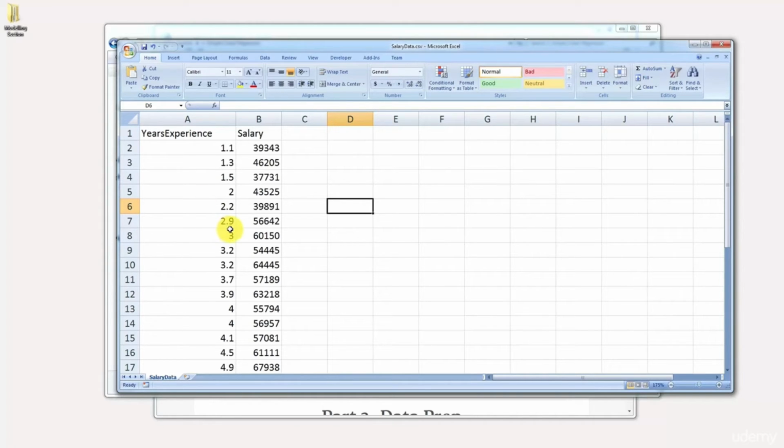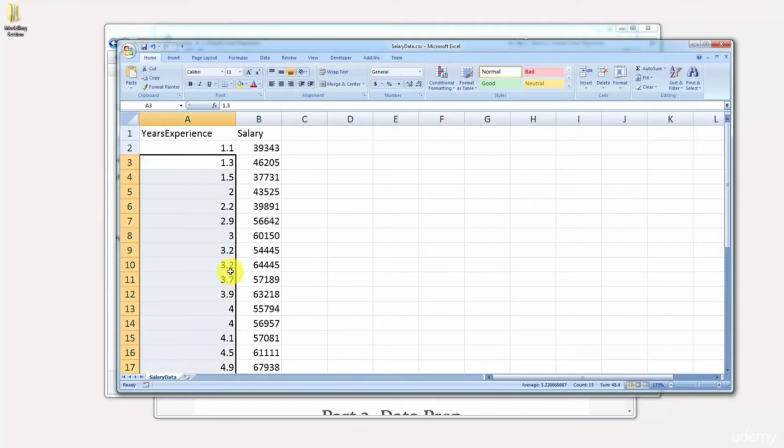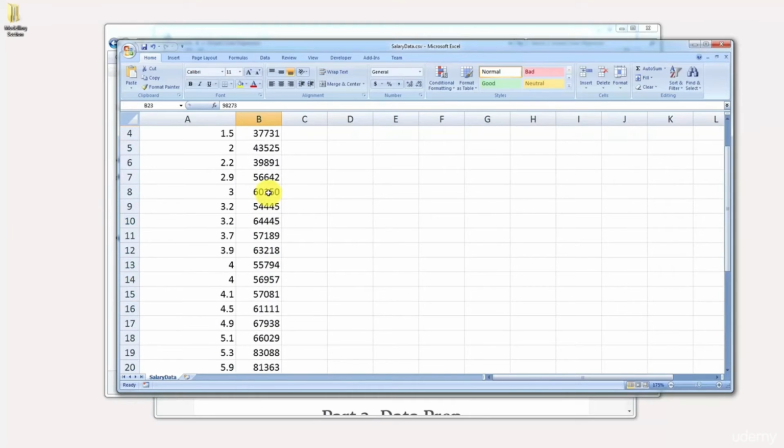And what you're going to be doing in this section, well, first of all, you're going to investigate what the correlation is. Obviously, it's probably going to be the more years of experience you have, the higher your salary, and we can see that trend already. But we will actually be creating a model, a simple linear regression model, which will tell us the best fitting line for this relationship.